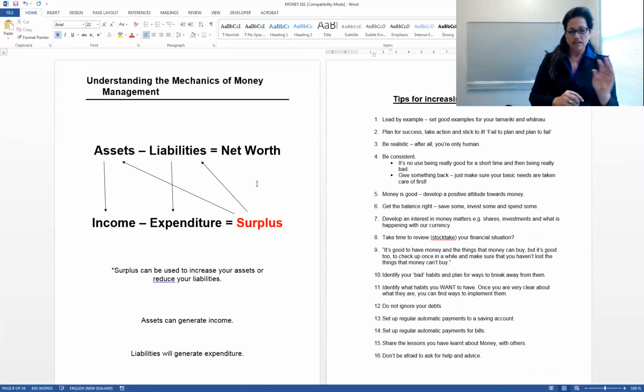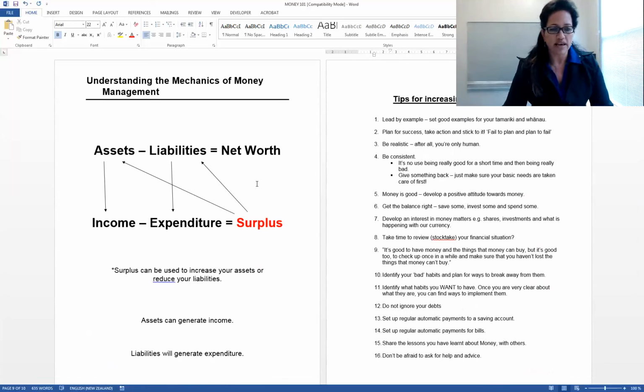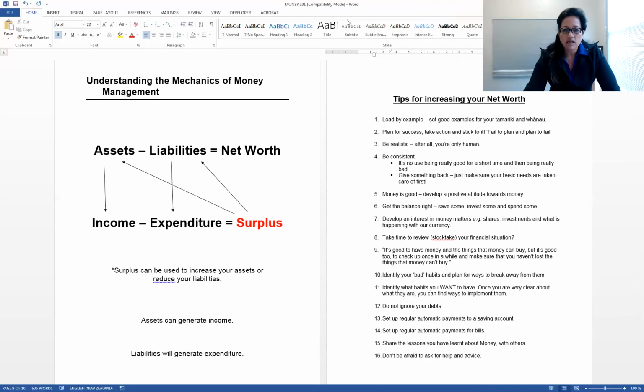Income minus expenditure equals surplus. And it shows you an example of how you do that. Assets minus liabilities equals net worth. And we've just seen how we do that. It gives us different information that will help us understand what we need to do next. Once we work out our income minus expenditure equals the surplus we're left with, then we can start thinking, okay, I've got a surplus. Like Hariata, she's got a surplus of $10,200. So she's got a surplus.